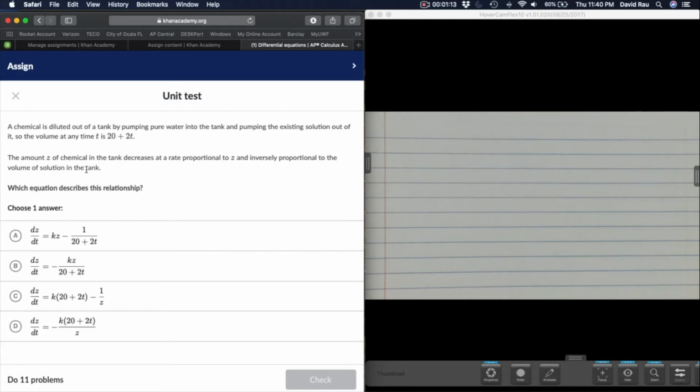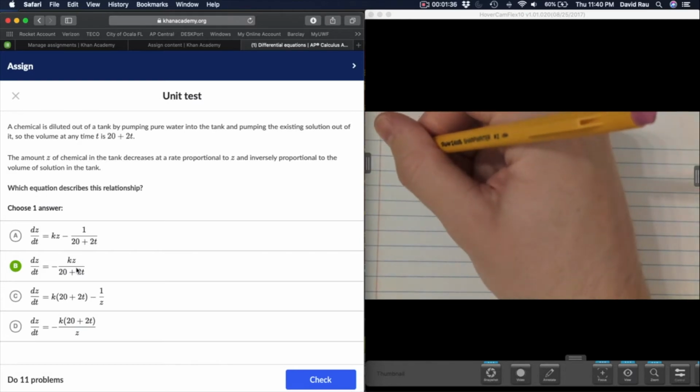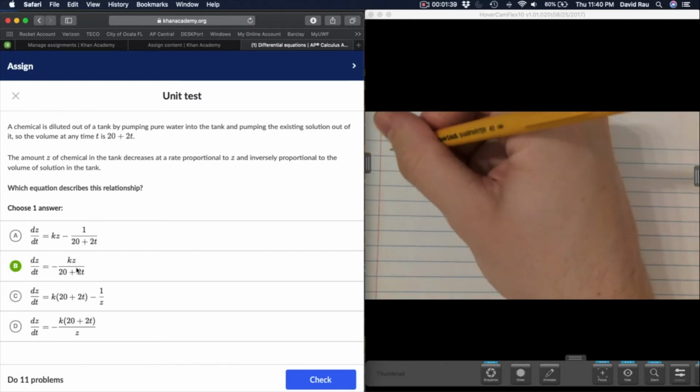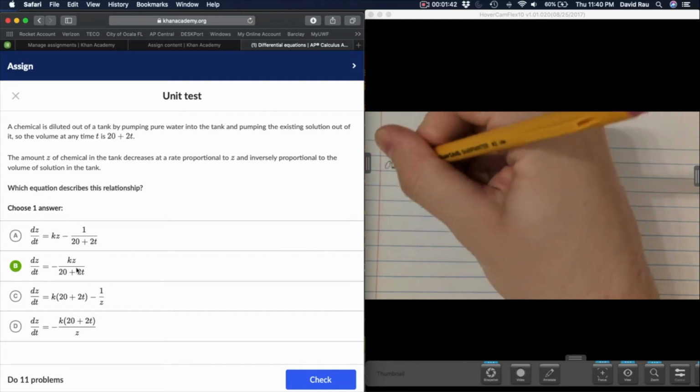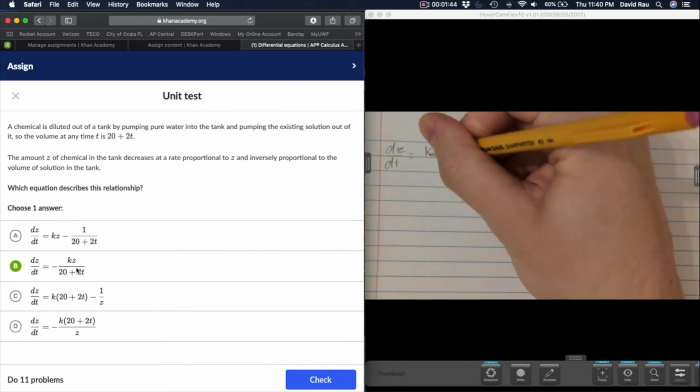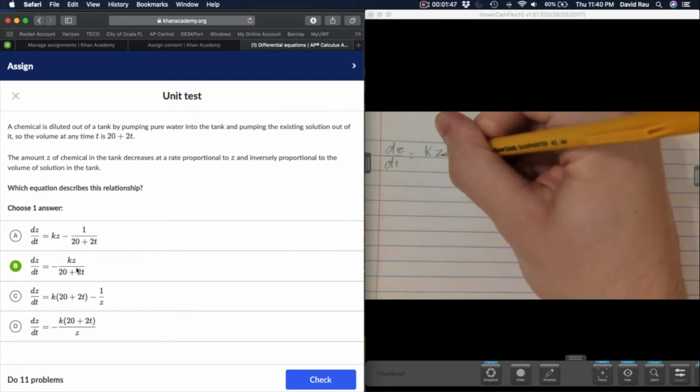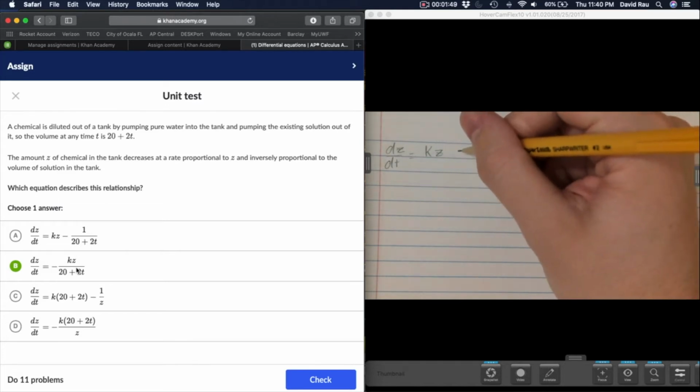Long story short, proportional relationships will multiply by some unknown value or unknown constant, and inversely proportional will divide by that constant. So the answer we look for is actually going to be right here. Let me just describe that quickly. What it's saying is it is proportional to z. In other words, the rate of z over time is proportional, multiplying by some factor with z, and it's also